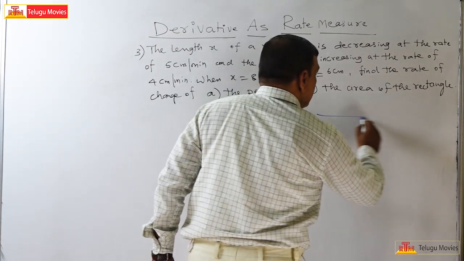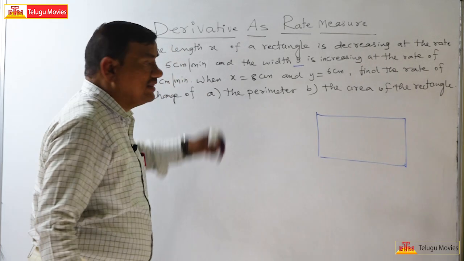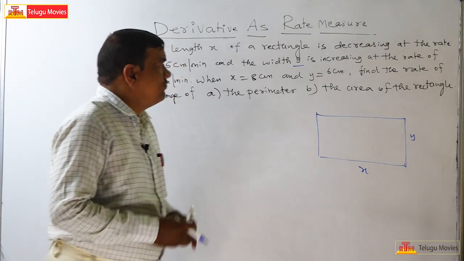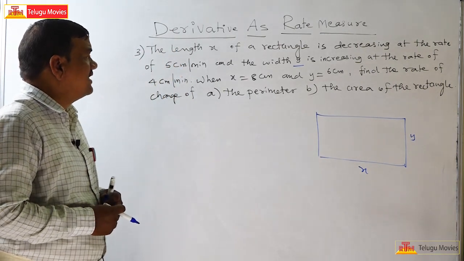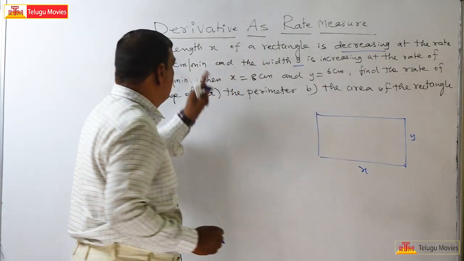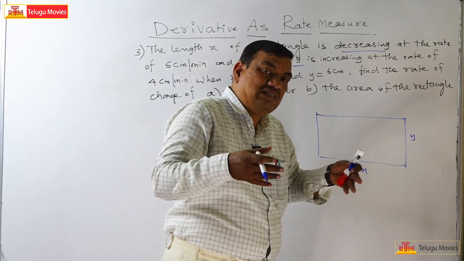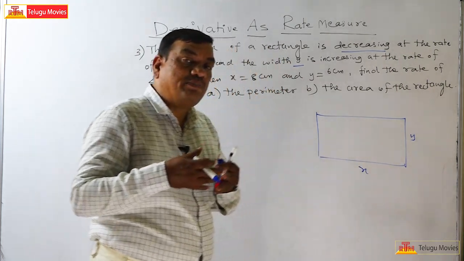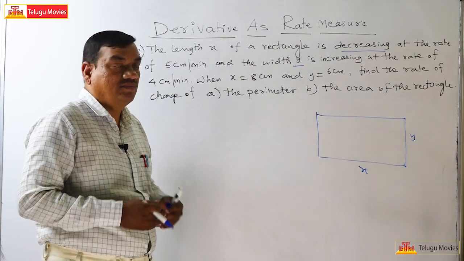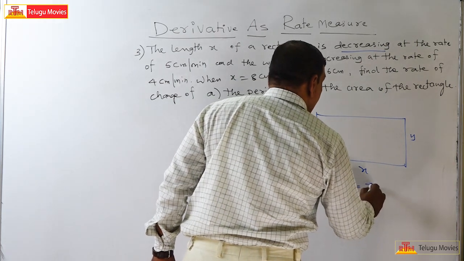So basically there is a rectangle. The length is denoted as x and the breadth is y. First, the length x of the rectangle is decreasing at the rate of 5 centimeters per minute. It is decreasing 5 centimeters per minute, which means for every 1 minute, 5 centimeters is going on decreasing. That means dx by dt is equal to minus